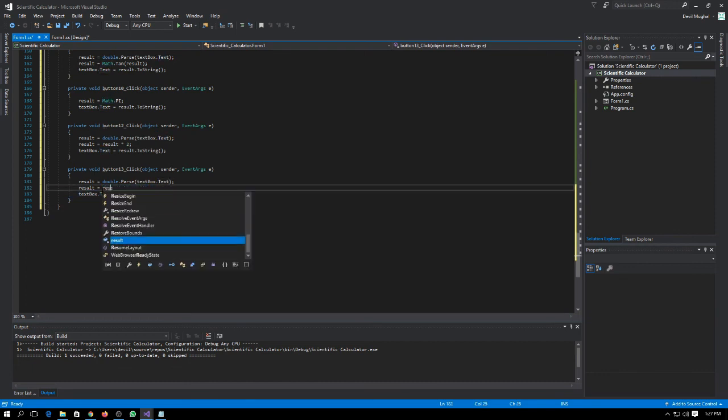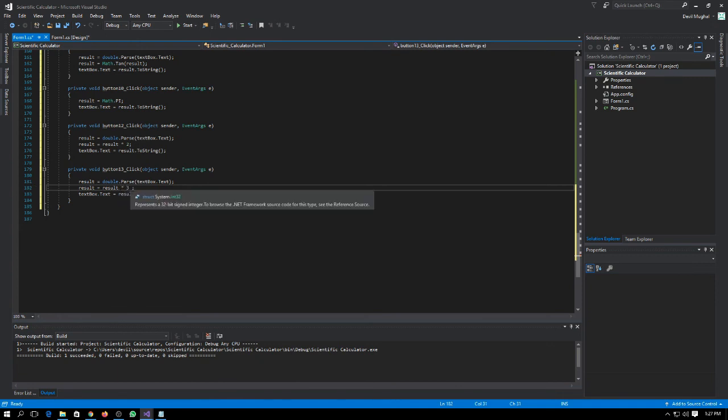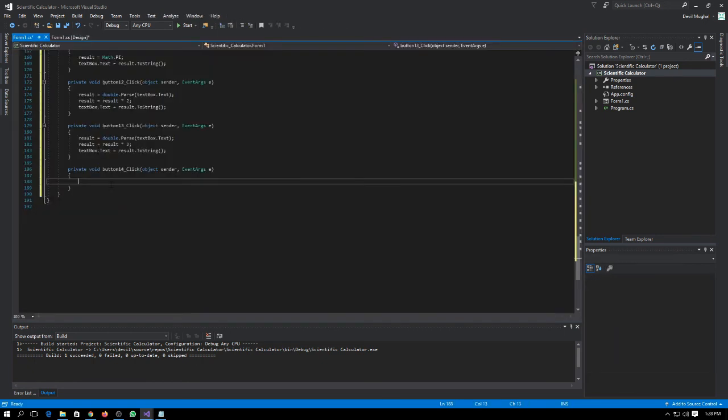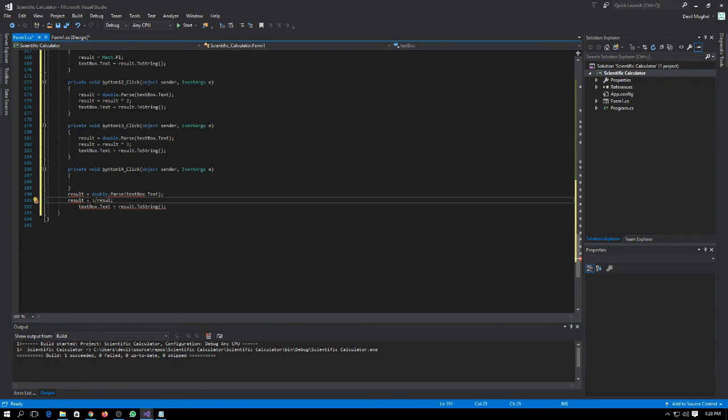So here we have to do result into 3. Okay. 1 over x means we have to multiply the result with our value. Okay. That is